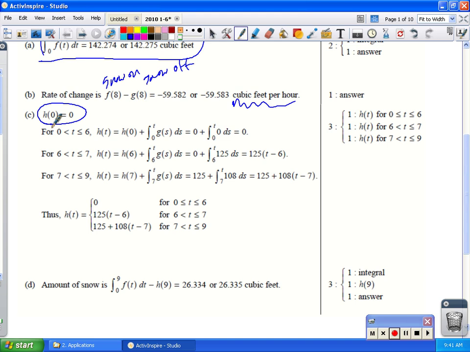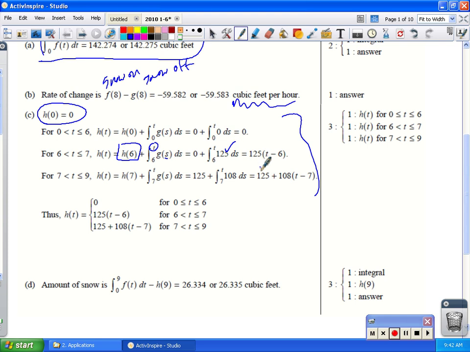And at h of 6, this is the important part that's going to make a difference here, she has accumulated some snow. So we need to know how much snow she accumulated at 6. And then we find the antiderivative of that. Now notice when you find the antiderivative, you don't have to write up all of this stuff in here. You could have done this, and you'll see the student work on this problem. Again, notice that they use a t here and an s here for two different variables, but we're finding the antiderivative of g, and since g is 125, the antiderivative